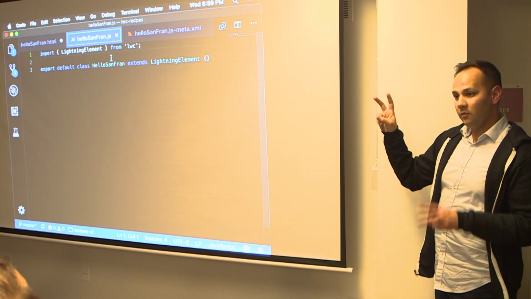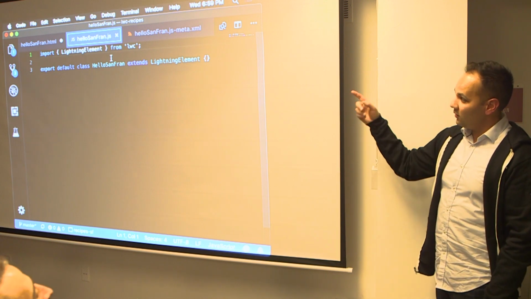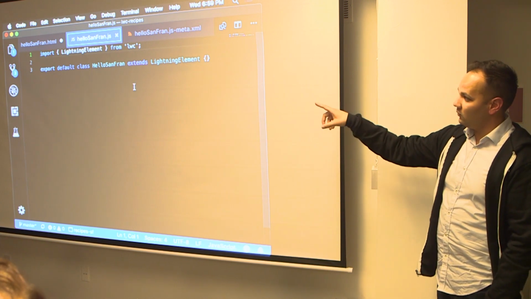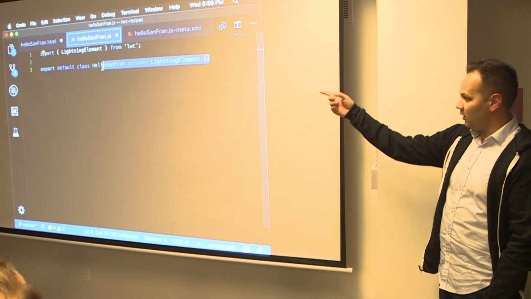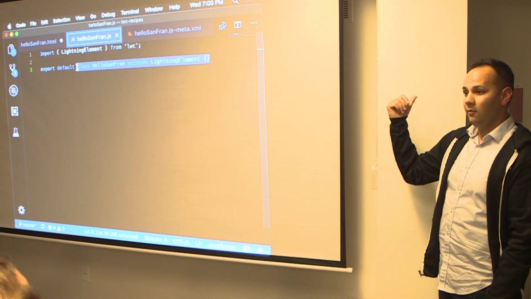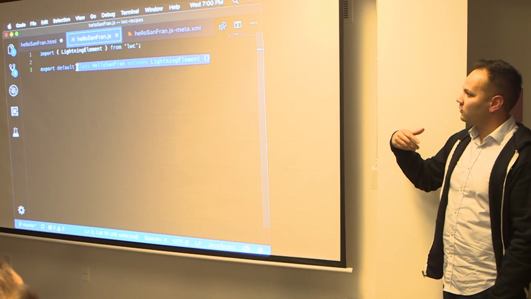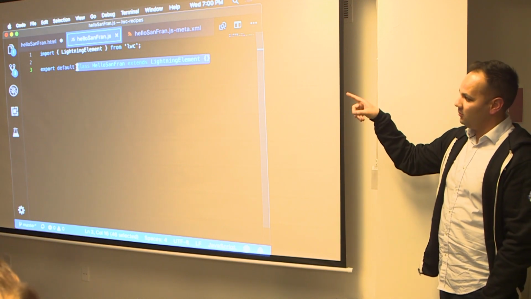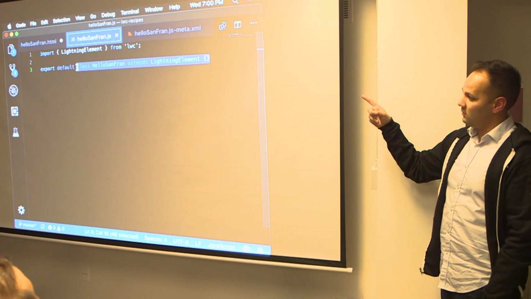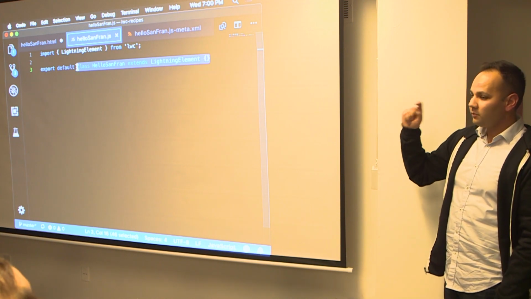So what we're importing here is our base element, Lightning Element. Then the following line, we'll skip the first two keywords for a sec. We're saying we're going to create a class called Hello Sanfran that extends Lightning Element. So basically a child class of our base class called Lightning Element. And what Lightning Element is, which I'll talk about for a sec, is it actually